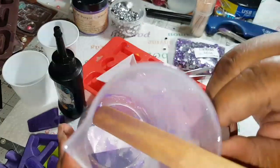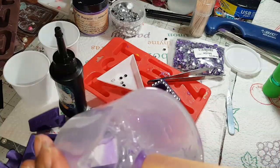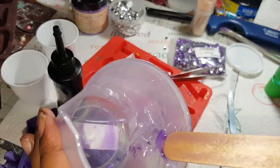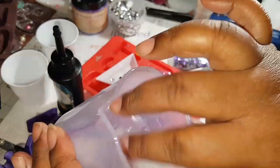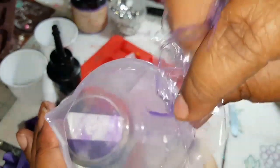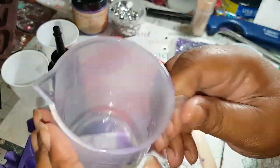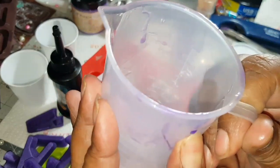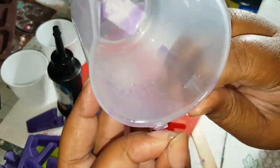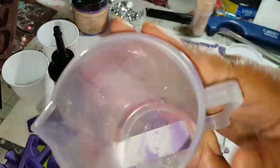And yeah, you guys, this is so easy to clean up. I left it so that I could show you guys. All you do is pull it off, leave the stick in there at night, and you just pull it off. And this is like the fun part. It will all come up because of the container. So I'm going to try to remember to leave the link to these cups that I got, but they come right off. It doesn't stick to this, so you can use it as many times as you want. So all I do is just keep peeling it, and that's how you get it off. Alright guys,